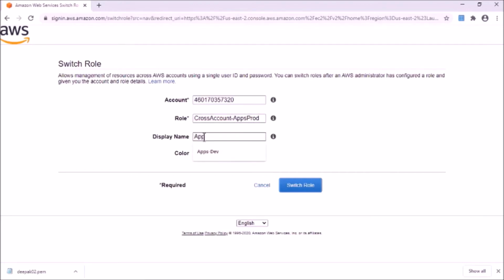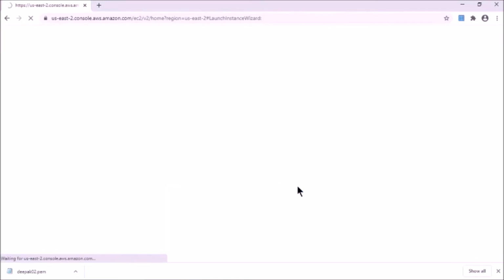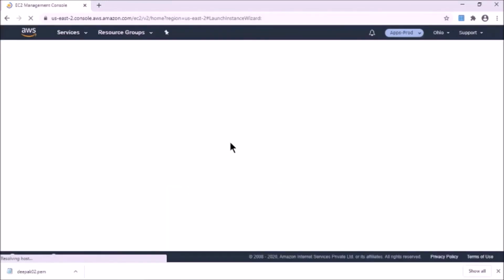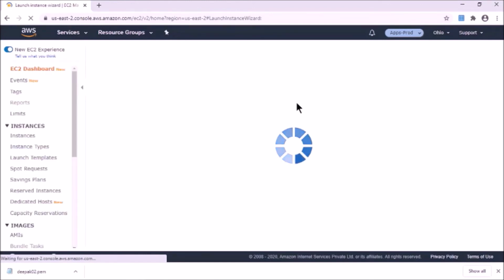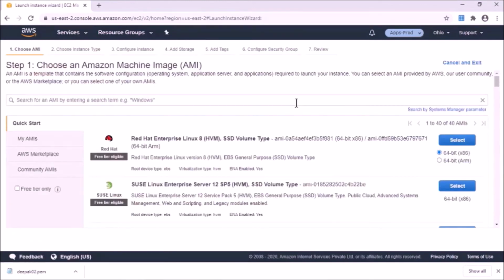Display name would be Apps Prod. We'll select the color and select roles. Let's check the access for Deepak in Apps Prod.